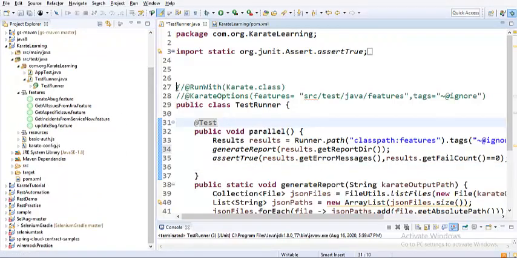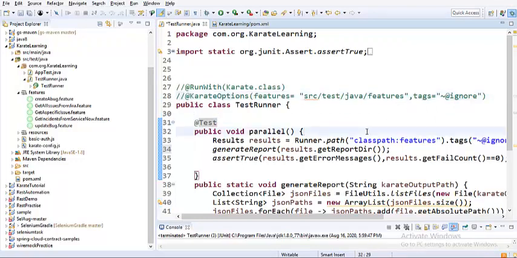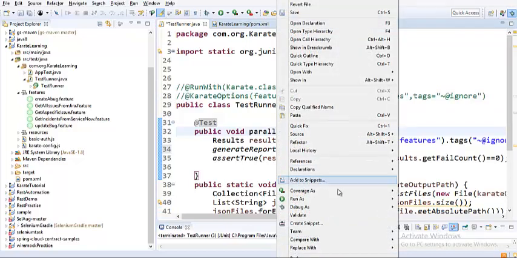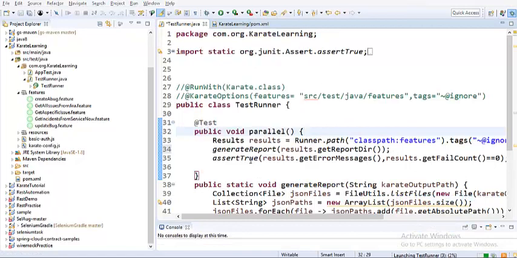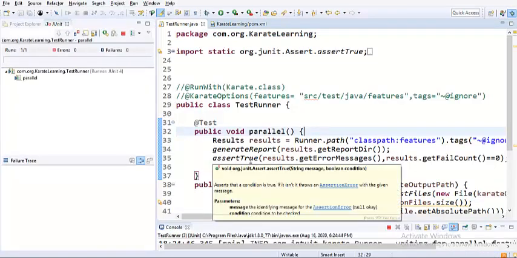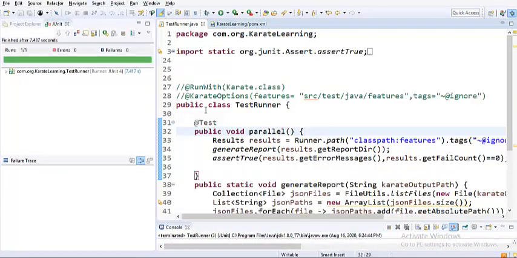I've just cleaned up the directory, and now what I will be doing is the same thing. I'm just running this as a vanilla JUnit test. I have still commented out the run with annotation. So I'm running this particular class as a JUnit test, and let's see what happens. We should see all the tests executed in parallel, completing real quick within 7 seconds, or else it would have taken long. The time can vary, guys.